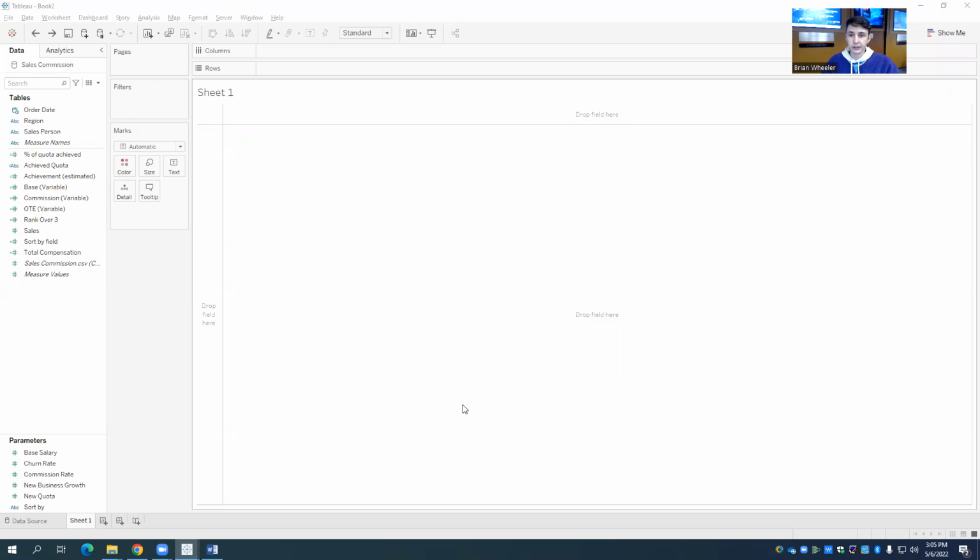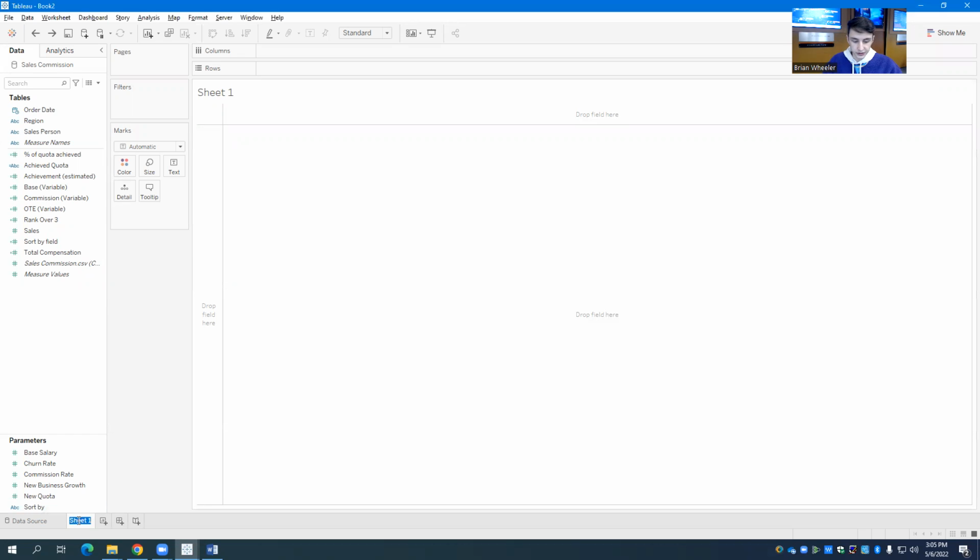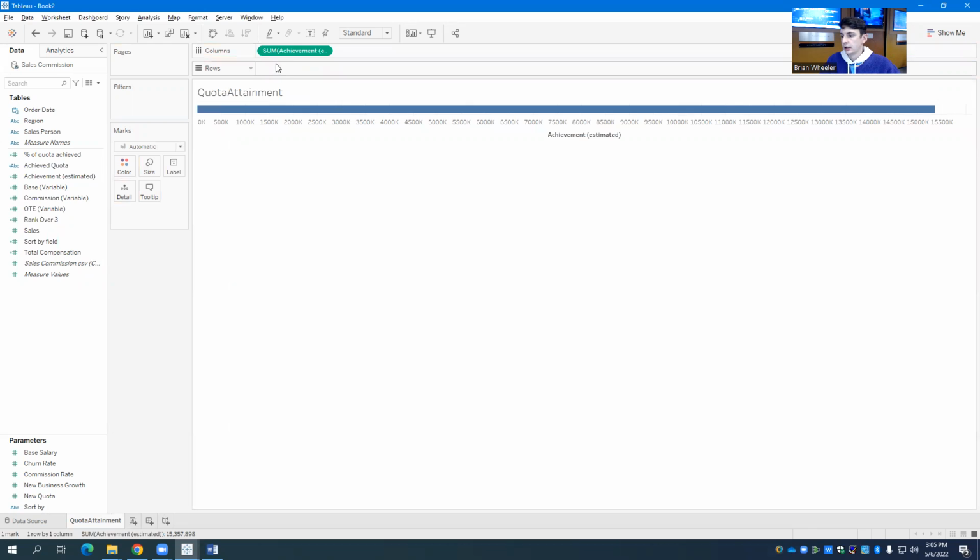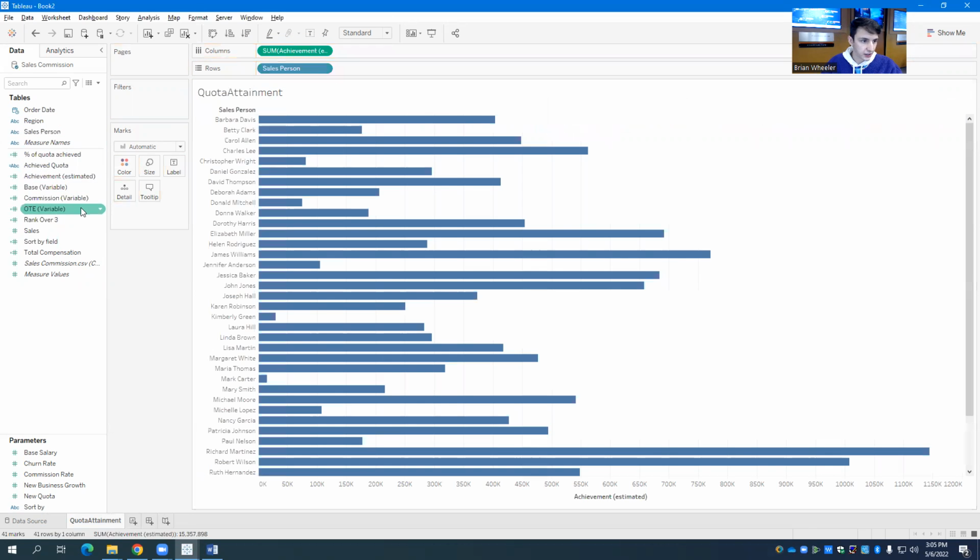Okay, so we are going to name our first worksheet quota attainment, just like so. And so to begin this viz, we're going to use our sales as our column. And then we're going to use our rank over 3 and salesperson fields. Remember, rank over 3 is how we're going to put our salespeople into tiers,